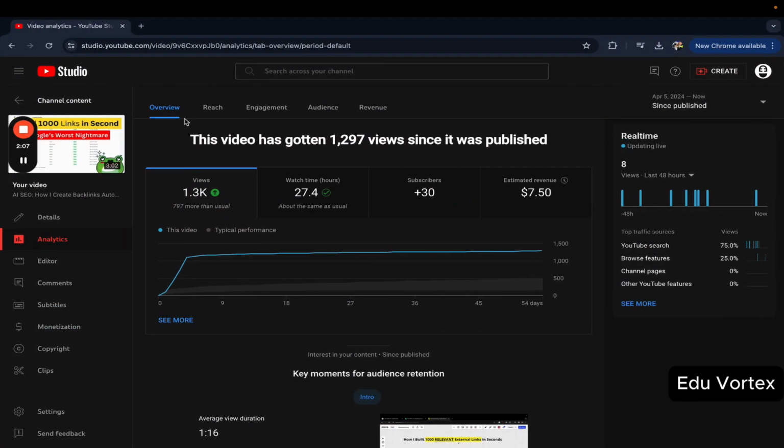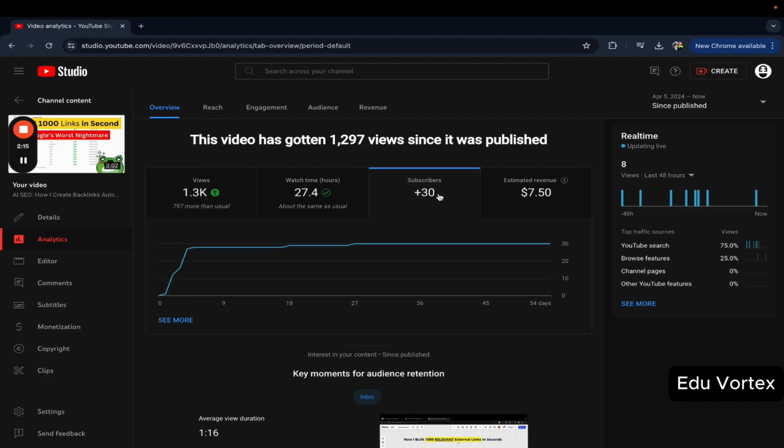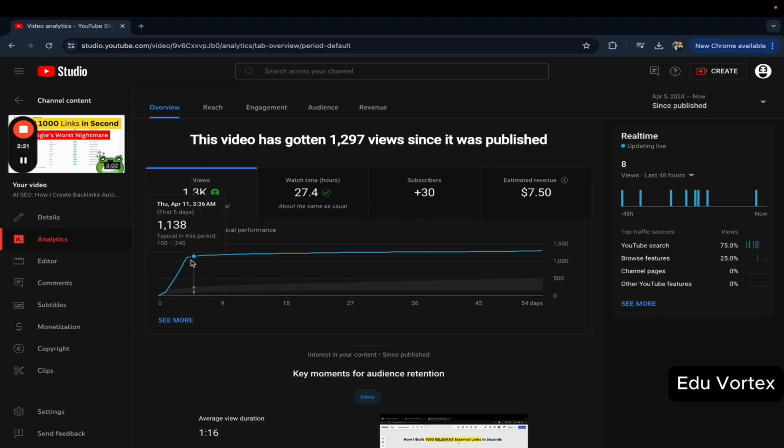But the concept is simple. While YouTube was pushing it out, the video was successful and we were getting clients and subscribers off of it. Because again, this is the number of subscribers: we got almost 30 subscribers while YouTube was pushing it. So it makes sense that if YouTube had continued pushing it, the video would perform and get more subscribers, more watch time, more views, and more clients to us.